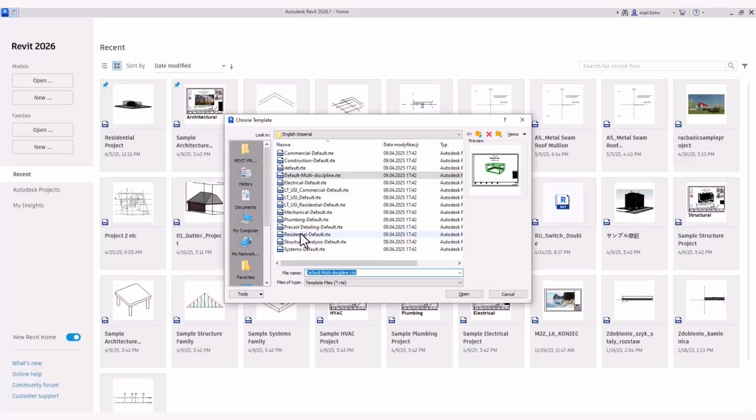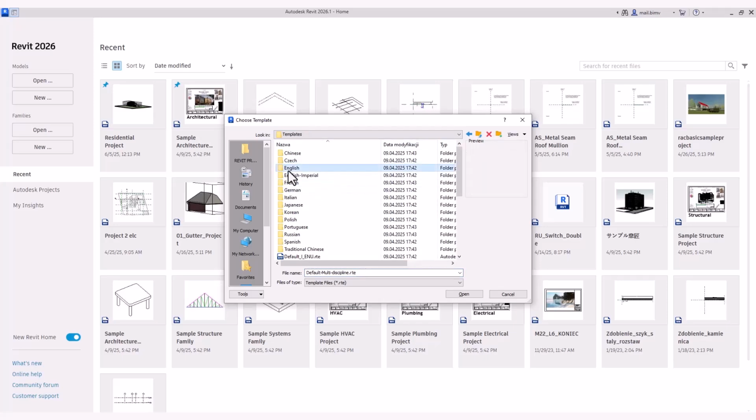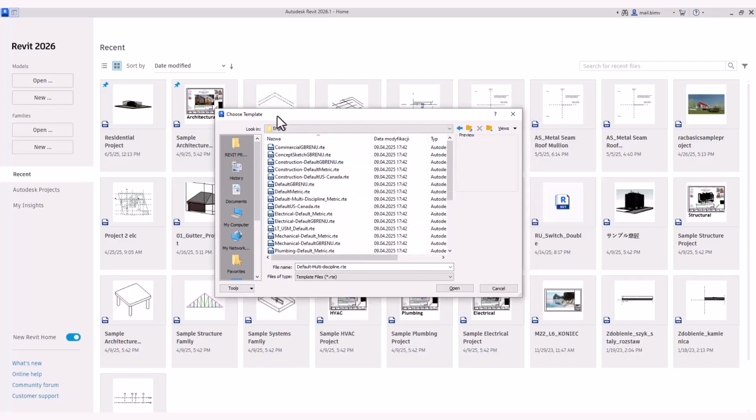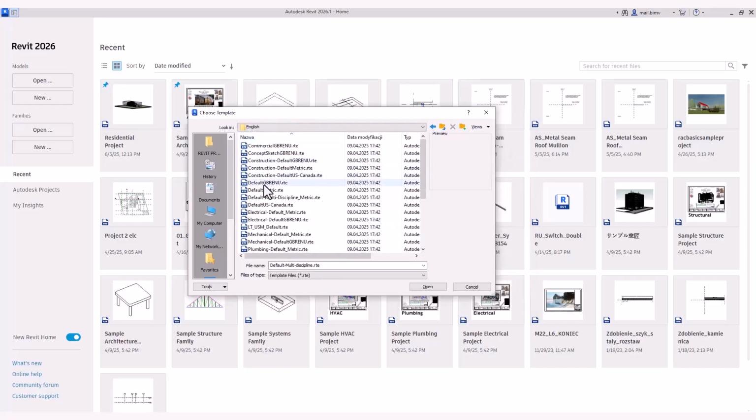with multiple options. For example, for plumbing, residential, structural systems, etc. There is also a division between imperial units like inches, feet, etc. and English metric. You can also access templates from different countries like Korea, Japan, Italy, Germany, and many others. I would like to work on metric units, so I go to English and select default